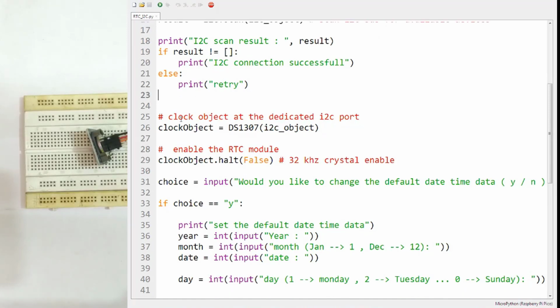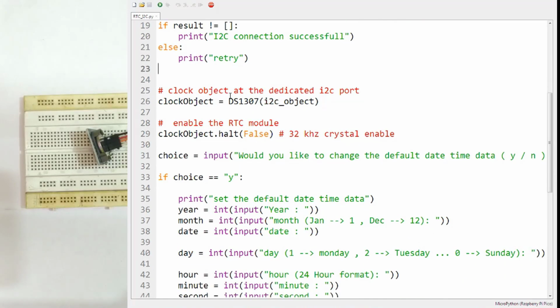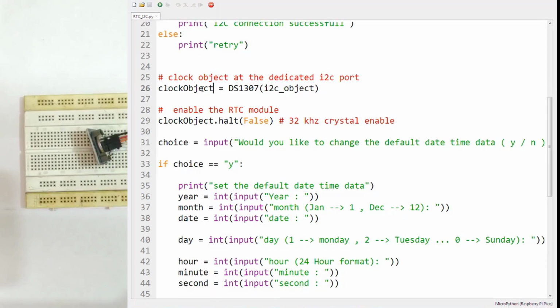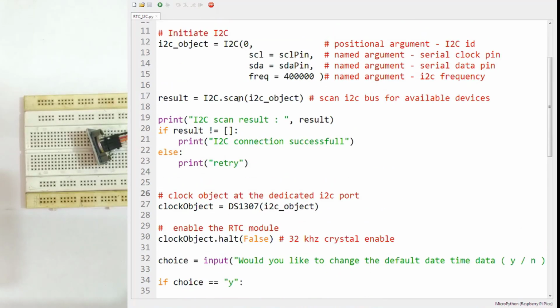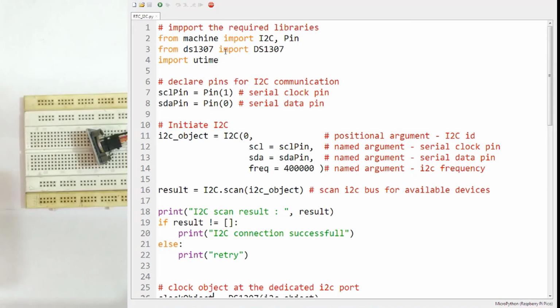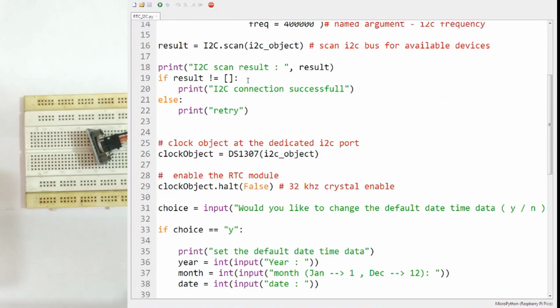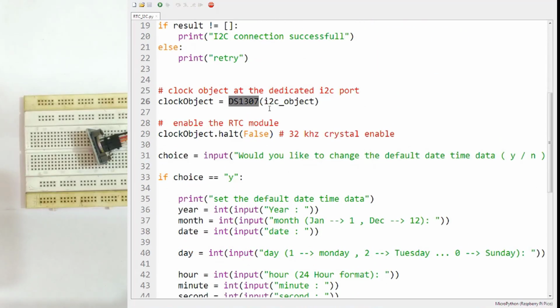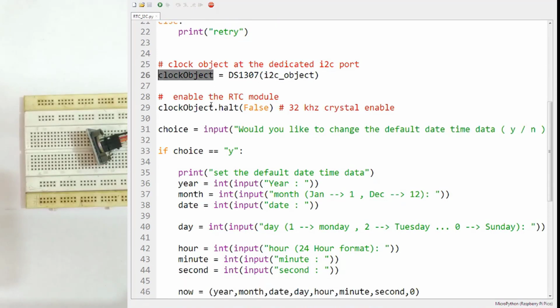Now you have to make the clock object at the dedicated I2C port. You can name it anything. You have to use the class which you have imported from DS1307 and give the I2C object to this class. It will create a clock object.